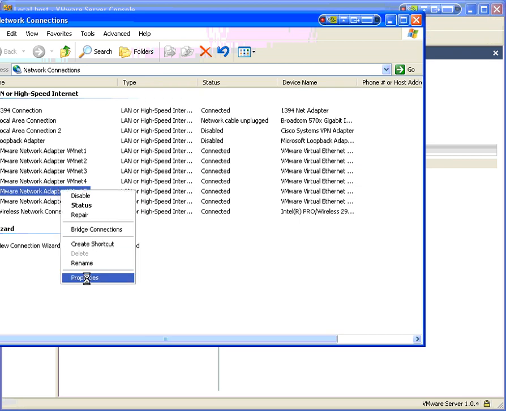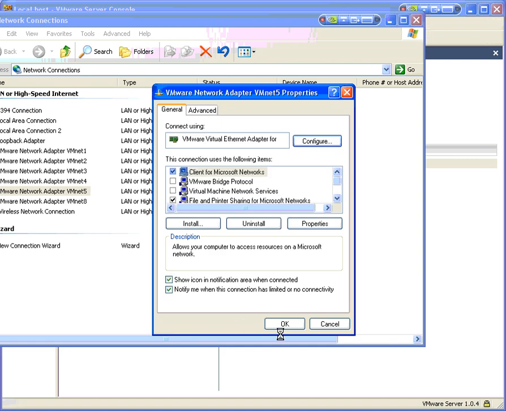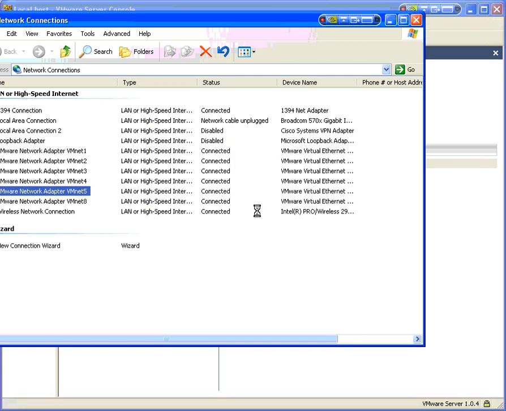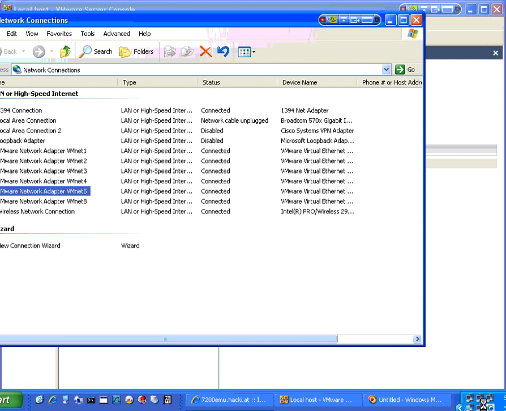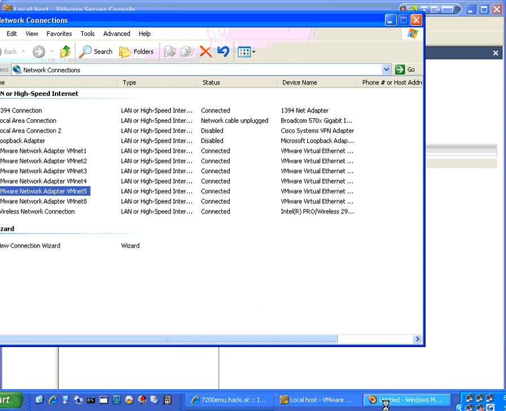And just something I like to do, and I forgot to do it in this case, because I also like to turn on the show notification when connected. That way I can see it down here at the bottom and get to it quicker. So now down here 3, 4, 5. That's how you set up